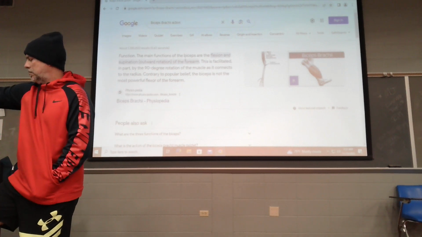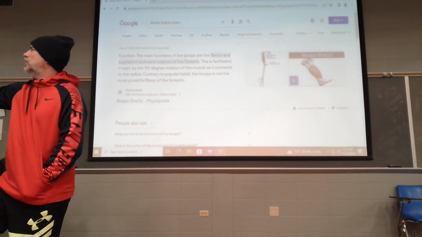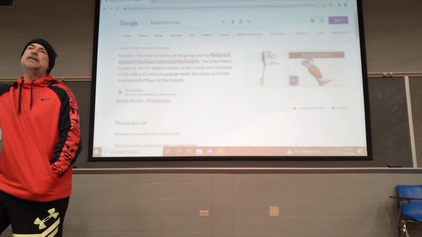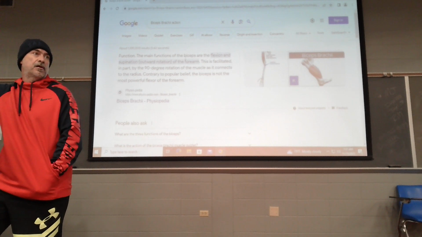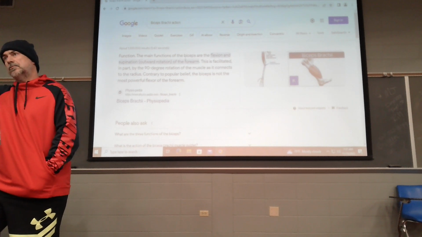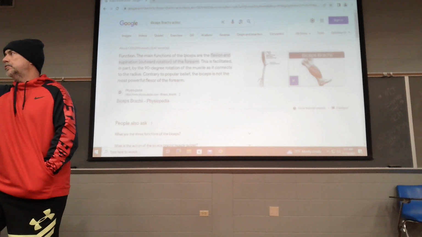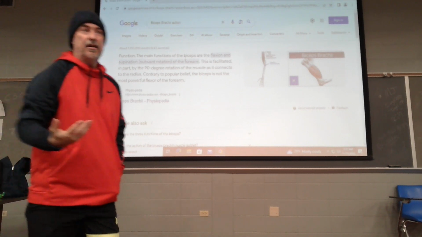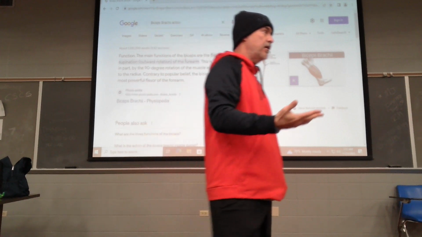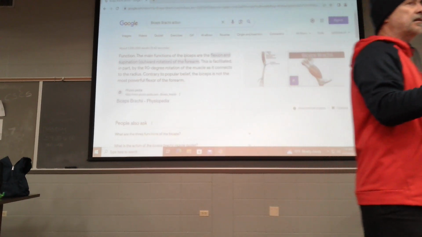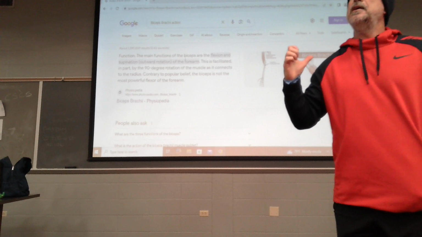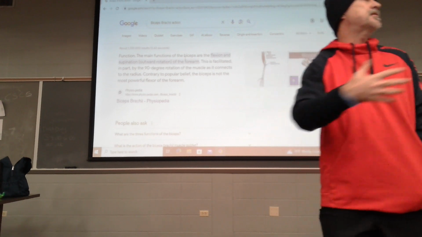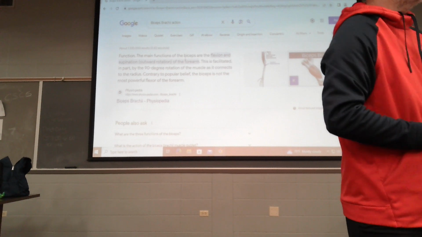Now here's the second problem with fast and loose verbiage. Books, study charts, diagrams, Google. It's a lot easier for them to say this muscle does this motion. It's clean, it's easy. You don't have to go into the context, you don't have to go into the weeds, you don't have to understand. It's a lot easier to say the bicep flexes the elbow, or the biceps is involved in elbow flexion.